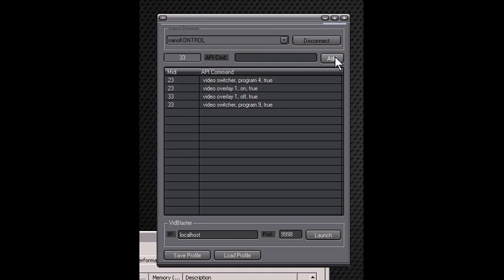So let's add that. So if I press that second button, what I've told this nano control, excuse me, the MonoMidi, is I press the second button, take the video overlay 1 and turn it off, and then go to the video switcher, and whatever's at program position number 5, turn it on.